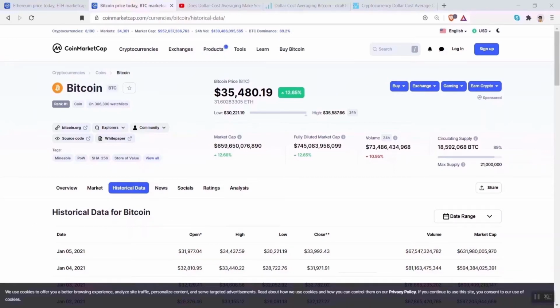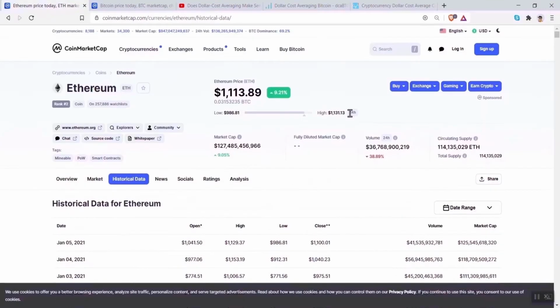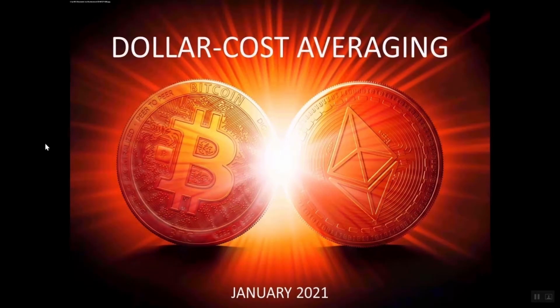Today we'll be focusing on Bitcoin and Ethereum. We're doing dollar cost averaging for the two, which asset has performed better in recent years, and how dollar cost averaging could work moving forward. I'll touch on lump sum investing and buying in the dips as well, but DCA is the focus of this video. Going to my slides with the relevant information.